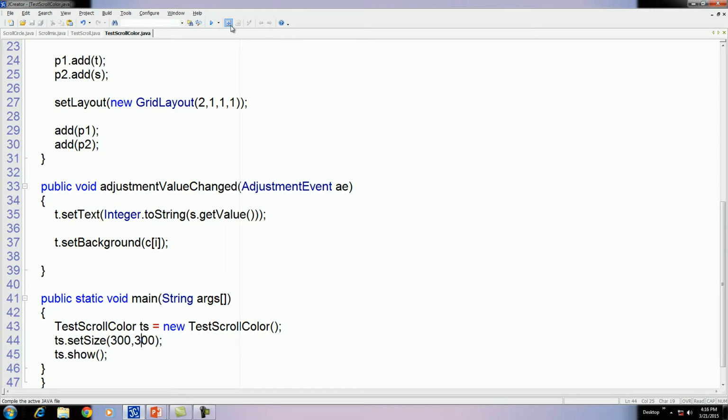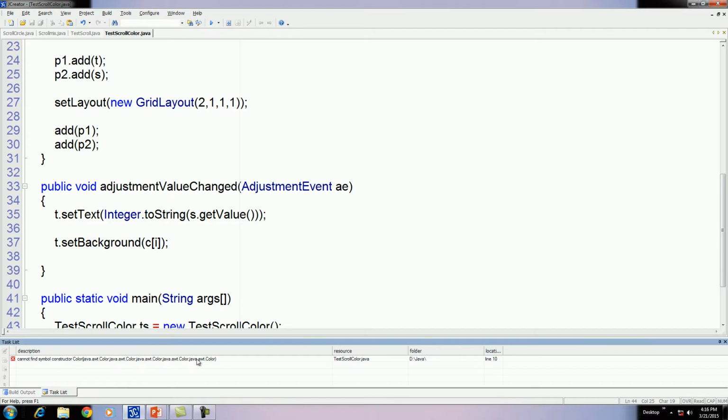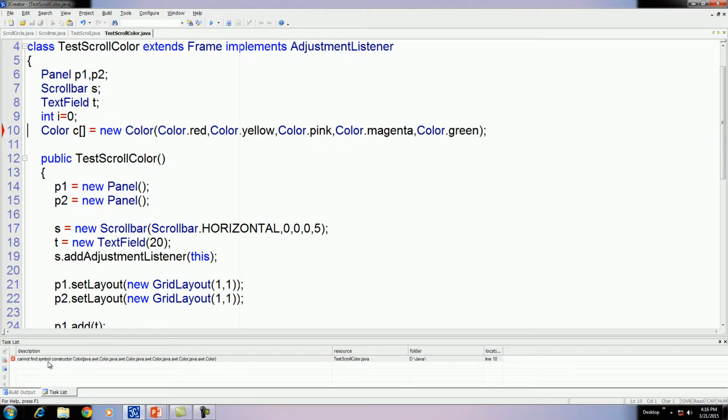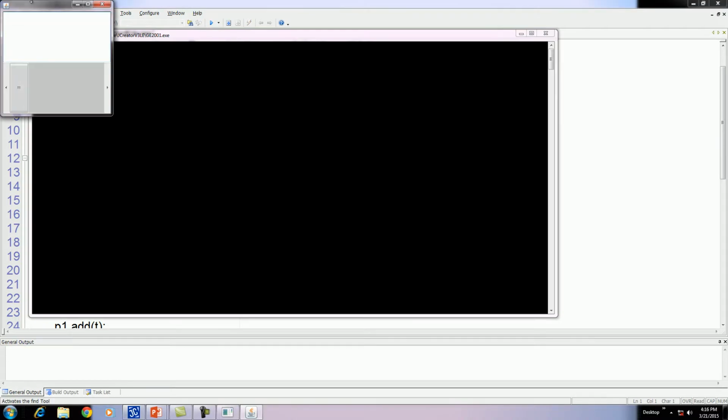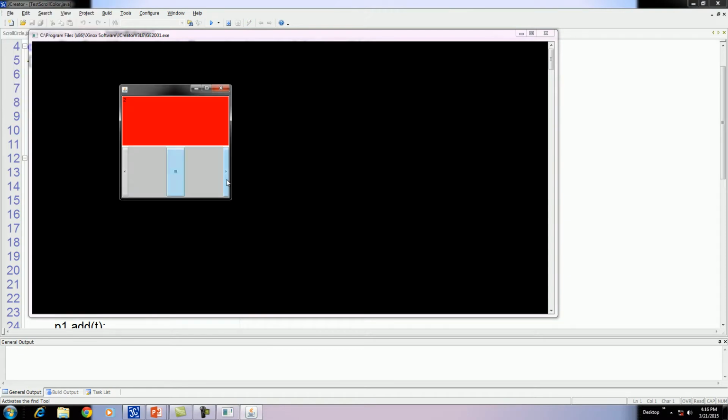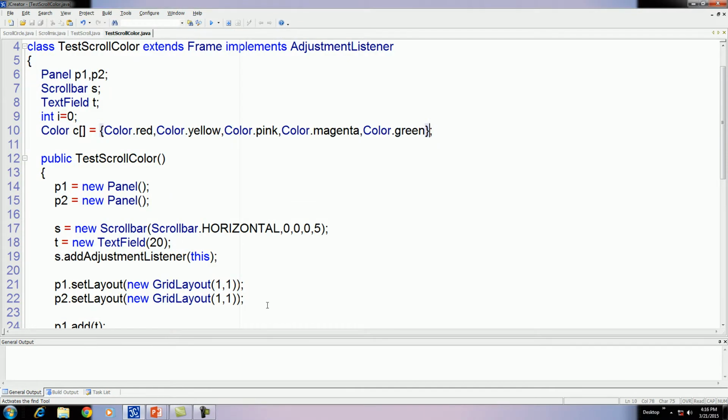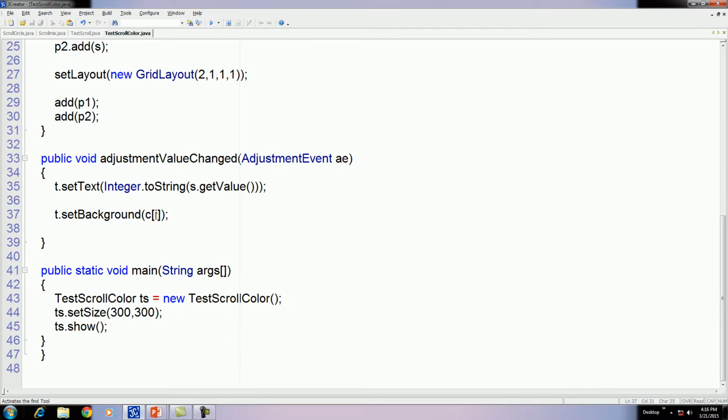Okay, let us see the preview first. Oh, we can directly assign the values of color to a color array. Okay, now here, oh, the I is not a C of I, but here we want the value of scroll.